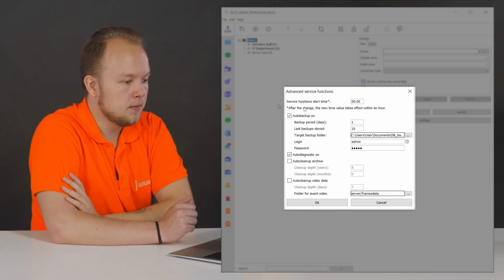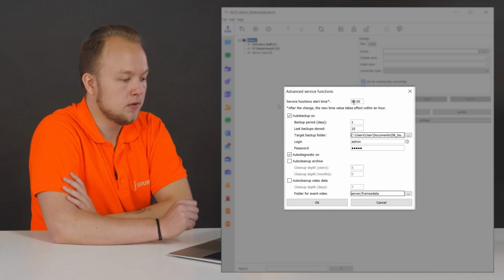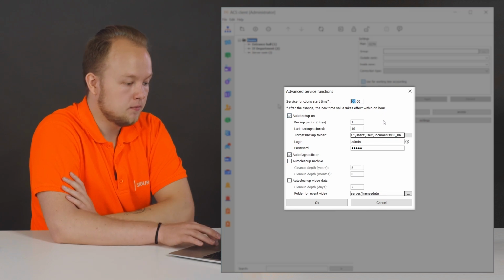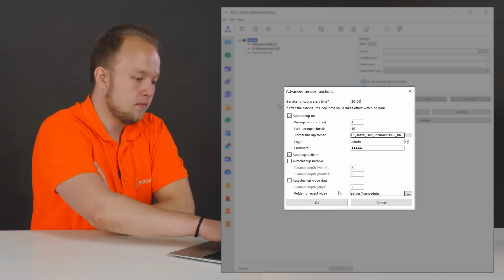By default, the backup is performed at midnight. At this time, you can change the parameters for the start time of the service function. It is important to note that after installing the Sigur software and creating the database, automatic backups occur every day, and the last 10 copies of the database are saved in the Sigur software installation directory in the Auto Backup